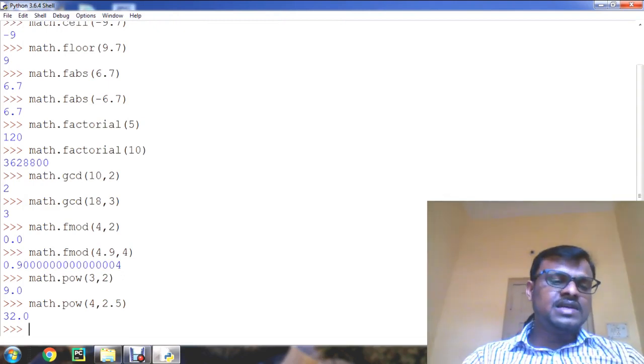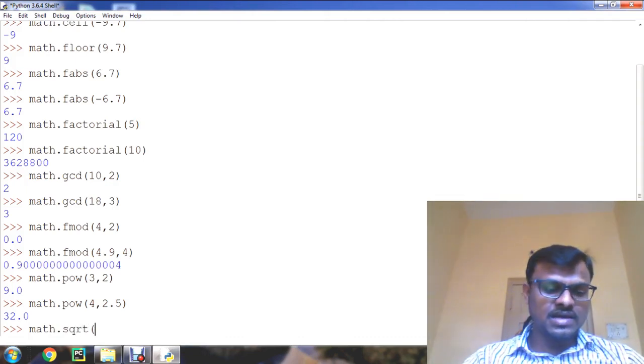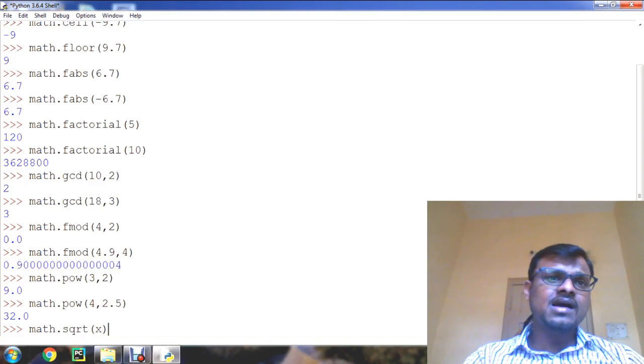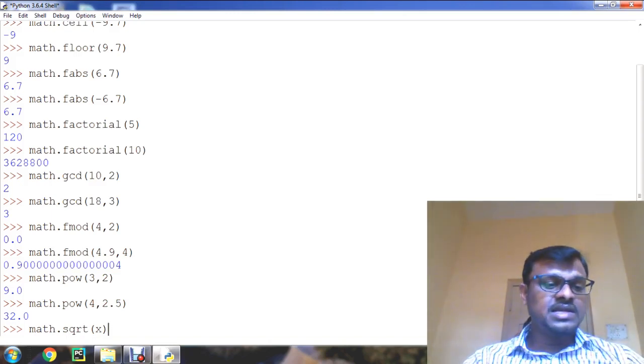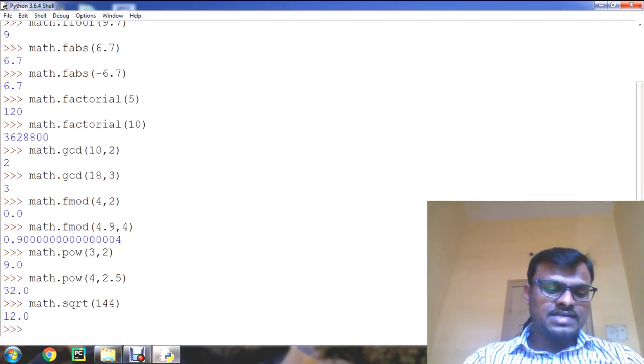So next function in the math module, that is the square root function. That is sqrt. Square root function, we know that it takes only one argument. For example, x as argument, it may be a positive integer or floating point number. It should be positive. So for example, if I give square root of 144, so we know that 12 is the answer.